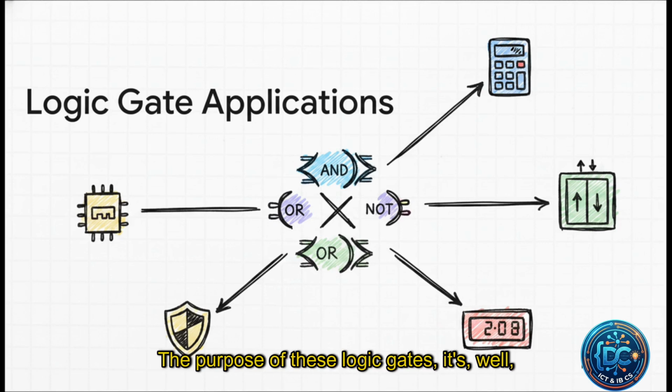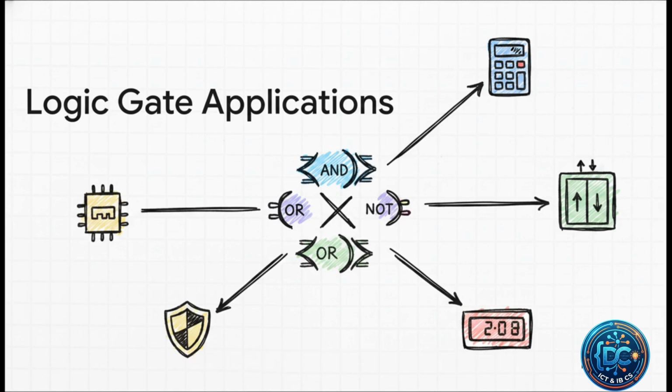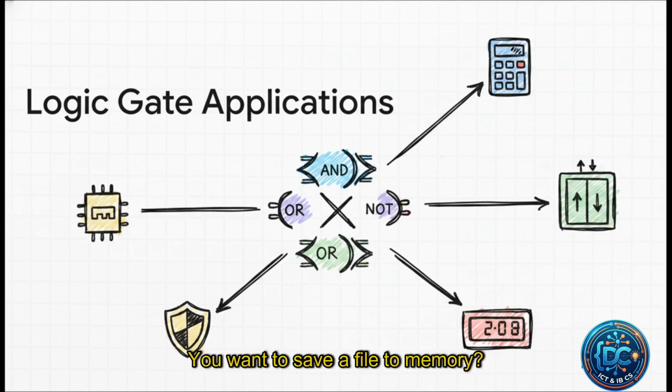And this, right here, is why all this matters. The purpose of these logic gates, it's everything. They are the absolute foundation for everything a computer does. You want to add two numbers in the CPU? That's just logic gates. You want to save a file to memory? Logic gates again. Controlling an elevator, displaying a number on a screen, a safety alarm going off? At the end of the day, all of those things are just incredibly fast, incredibly complex arrangements of these simple,